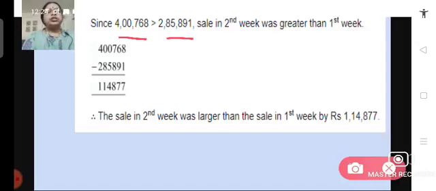And by how much was it greater? What we will do? We will subtract 2,85,891 from 4,07,68. We arrange them in columns and we subtract. What is the result that we get? We get 1,14,877. So the sale in the second week was larger than the first week, and it was larger by